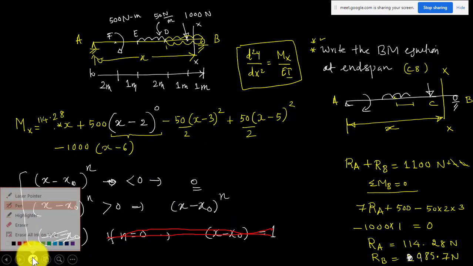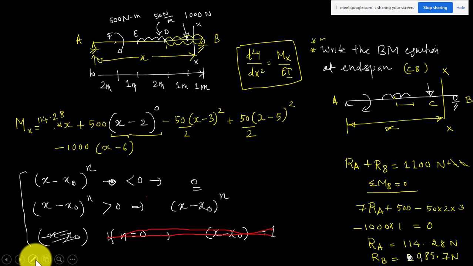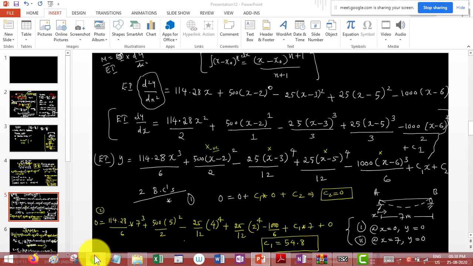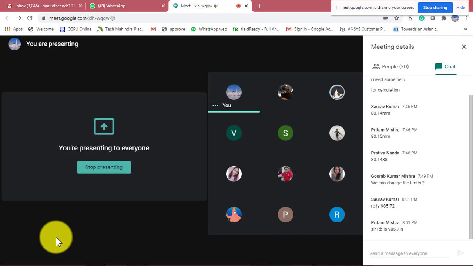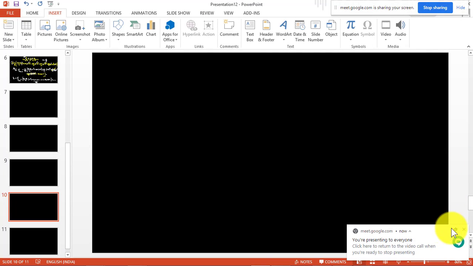So if you have any other doubt from this method, I think I have done this topic. If you have a doubt, I will discuss. If you have any doubt, you can ask. Is anybody having any doubt? So same method. If suppose you have some other loading, I'm not solving the question, we can solve it. Suppose if we have some.